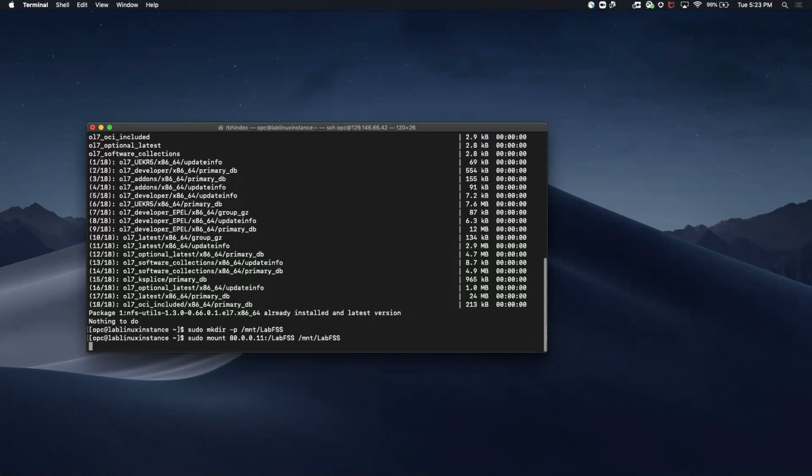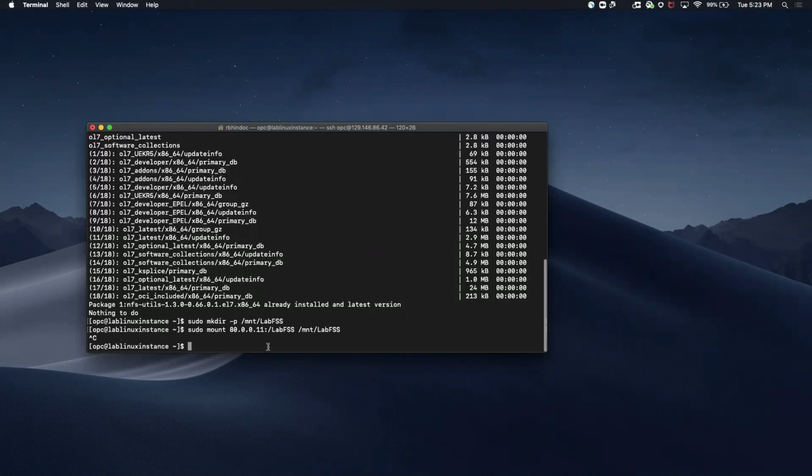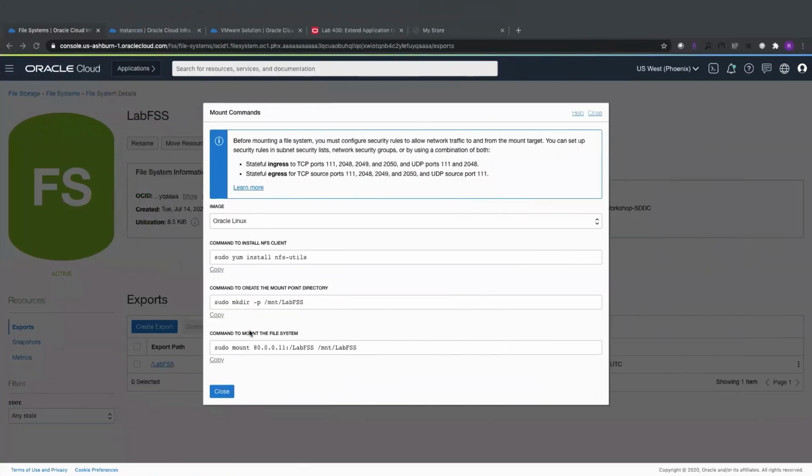Looks like I have run into some issue. So let's troubleshoot. Looks like our instance in the public subnet wants to access the file system that we have created in the private subnet. So let's go and look at the security rules.